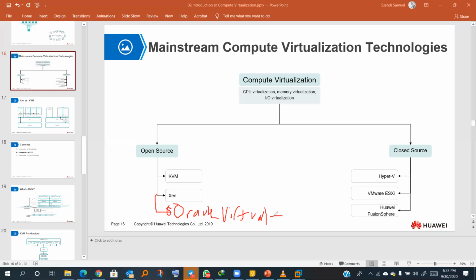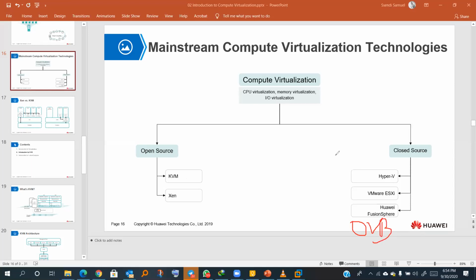Actually, I don't think Oracle is open source. I think Oracle is closed here, because you don't get access. I'm yet to find out, but most likely I think it is open sourced.